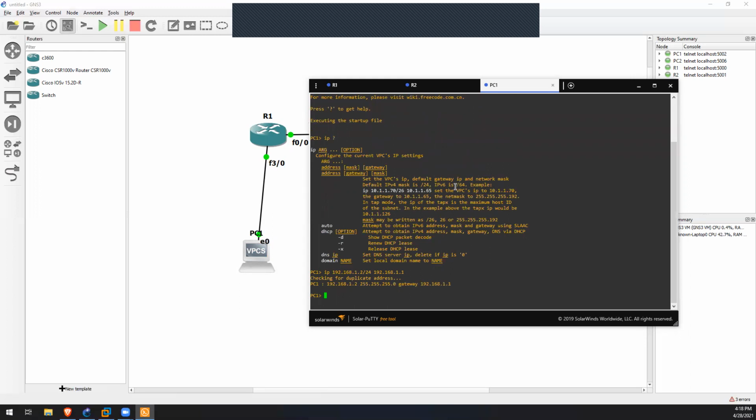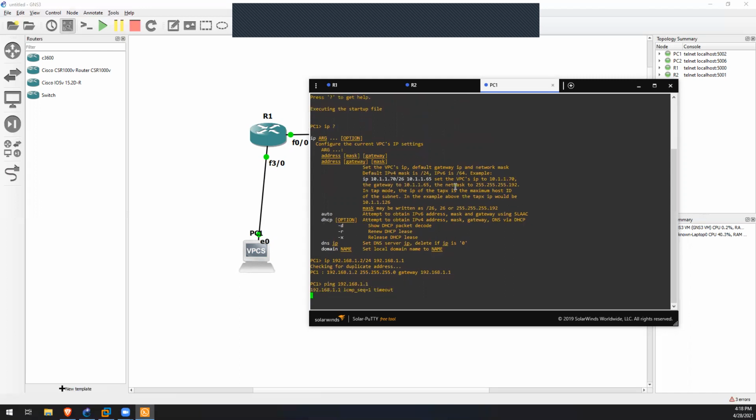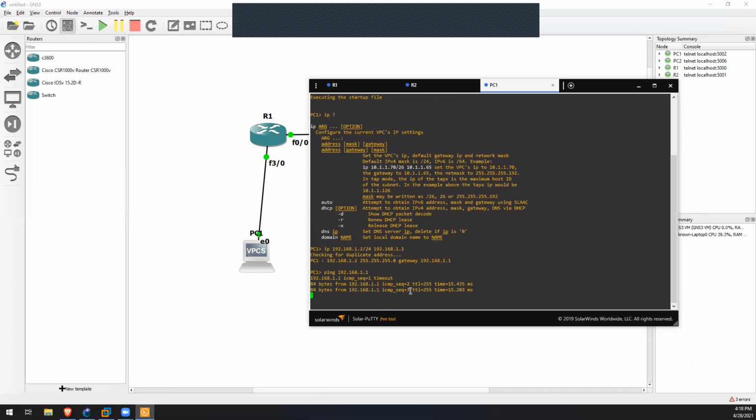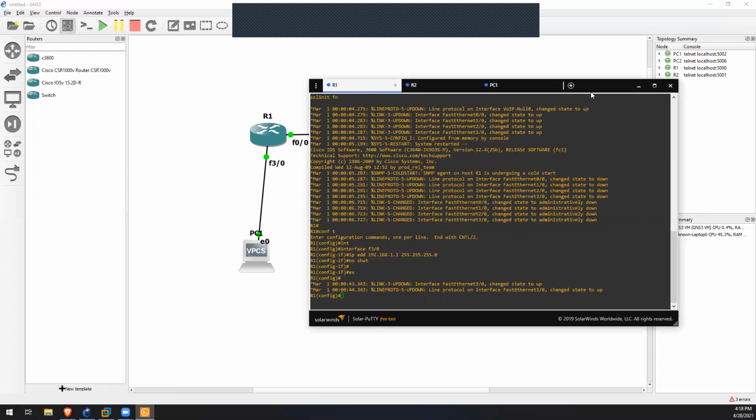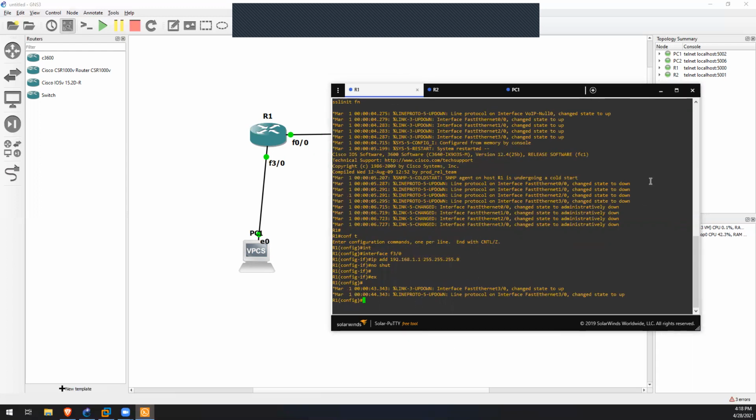Yep, it's now assigned. Let's try to do a ping. Good, so it's pinging now. That means it can ping its default gateway. So let's go back to R1 and let's configure